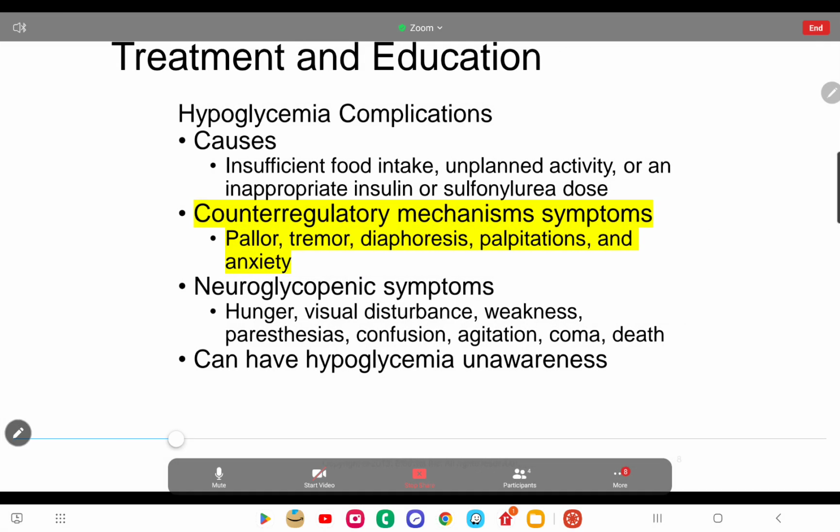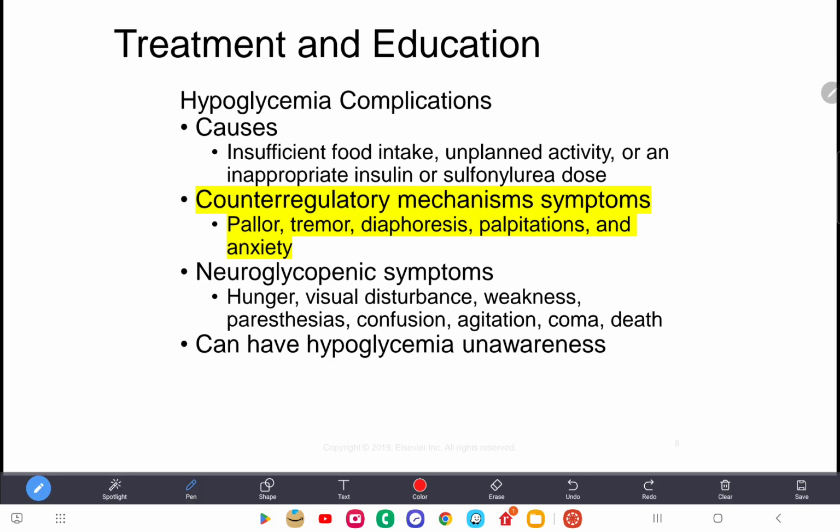Hypoglycemia complication. For hypoglycemia, you have to know the counterregulatory mechanism symptoms. The patient is going to have pallor, tremor, diaphoresis, palpitation, anxiety because of the counterregulatory hormones. What are the counterregulatory hormones? Glucagon, growth hormone, epinephrine and norepinephrine. Okay,